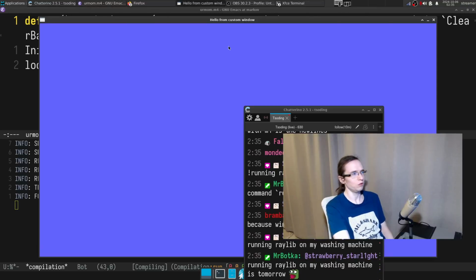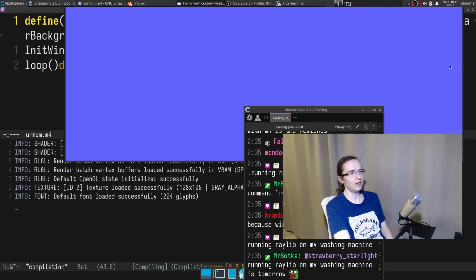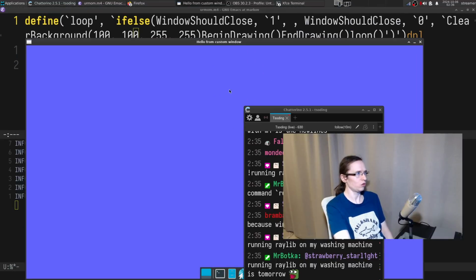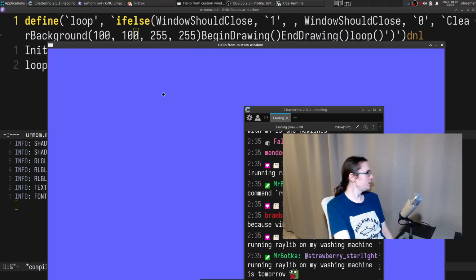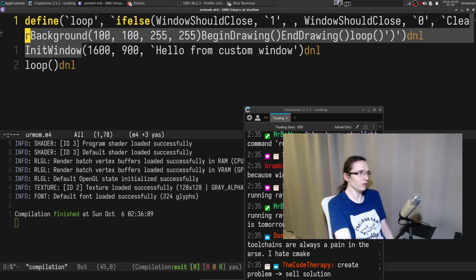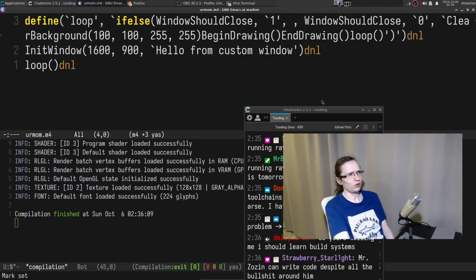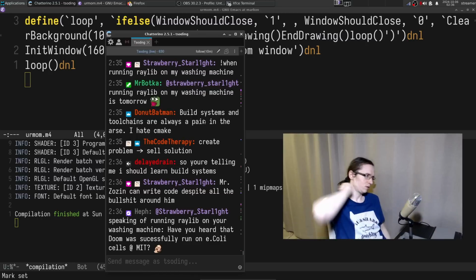So here we go. A little bit of blue. I can control exactly what kind of color I can have in here. I can probably write a little bit of logic. So these things support numeric values, right? That means I can have some sort of state, and we can do some interesting things with this stuff. But I think it's too much, right? I think it's too much.